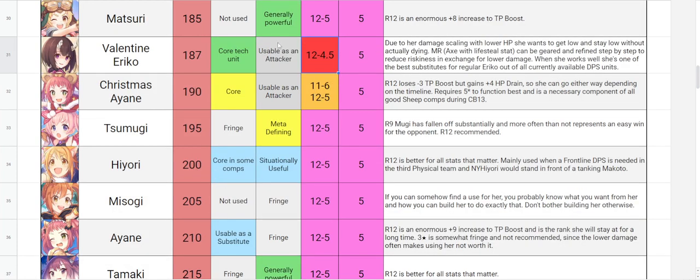Vieriko, kind of unconventional here, the 4.5 isn't referring to mid left for her, it's referring to mid right, because the right gear in the middle is an axe that has HP drain. So what's going on with her is that she scales with low HP. So what should be happening is that she gets to a low HP level and kind of stays there,